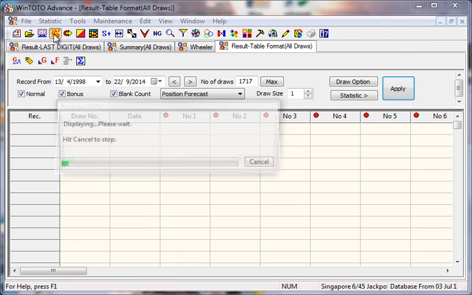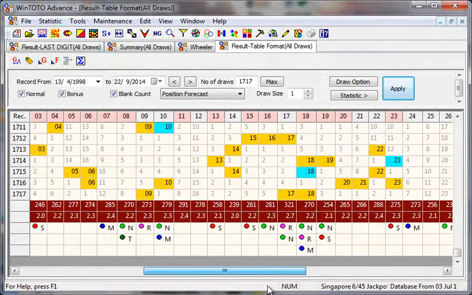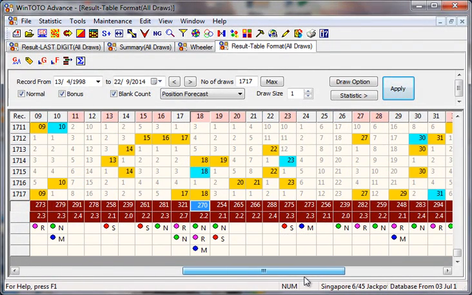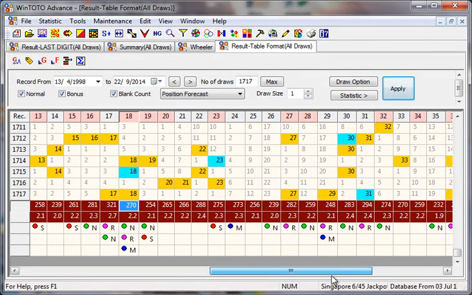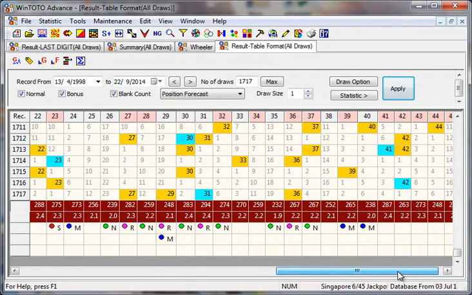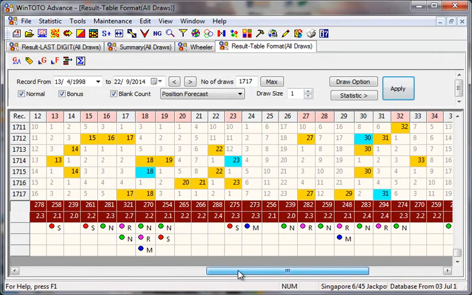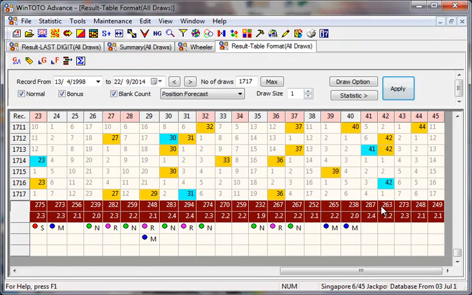So for this coming draw, I would think that there will be repeat numbers. What numbers are likely to repeat, I would recommend that you have a close look at some of the beautiful numbers. I'm expecting 18 to repeat. One of the very dynamic numbers, 18 is one of them. And I think the other ones are from the big numbers. Since we're expecting a lot of big numbers, I would recommend that you take a close look at number 40, and also number 39. So my picks for you for this coming draw are number 18, number 39 and number